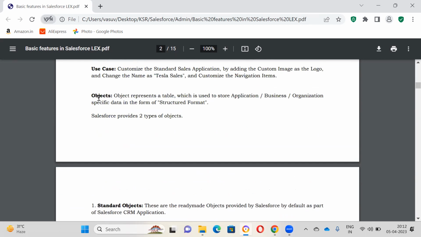Next is objects. What do you mean by an object in Salesforce? What are the types of objects Salesforce is providing? Already we have discussed what is an object in Salesforce. Yes, what is an object in Salesforce? Table. Object is nothing but a table in the database which is used to store our business or organization specific data